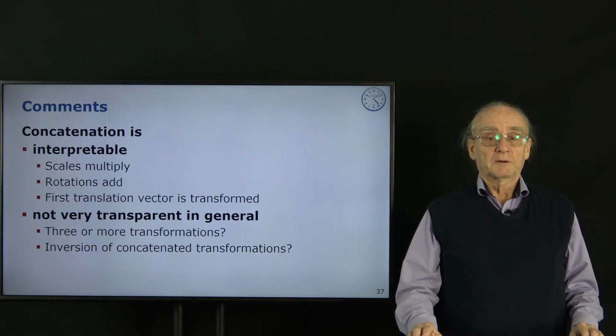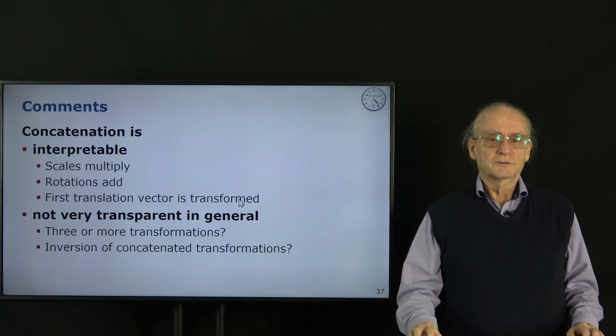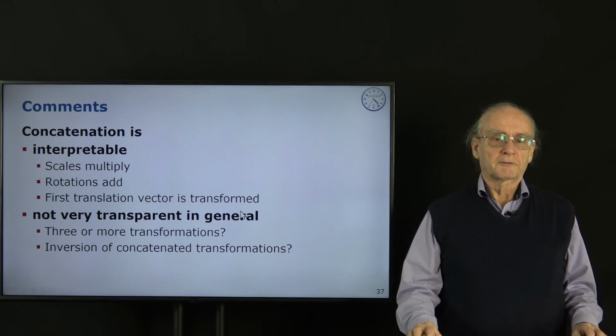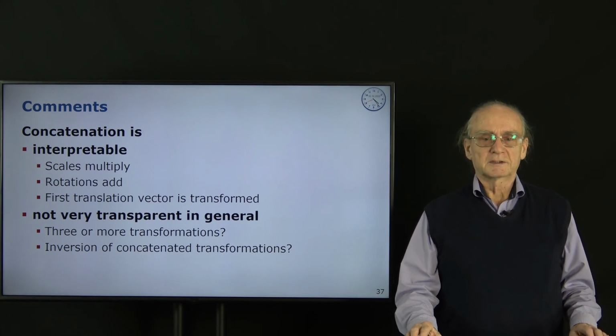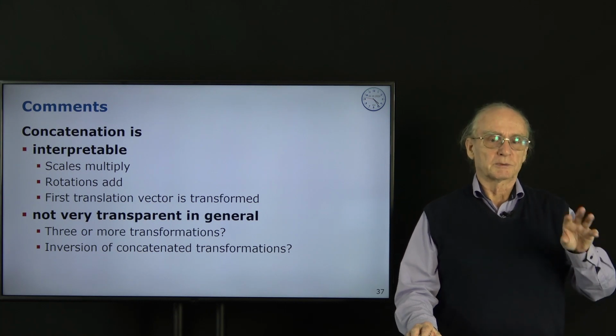So, what have we arrived at? We have seen that if we use homogeneous coordinates, they are interpretable. The scales multiply, the rotations add, the first translation vector is transformed. That means we get a translation vector which is also transformed by the second translation and rotation. And this is not very transparent in general. What happens if we have 3 or more transformations? What happens if you want to have the inverse of this transformation? This is really awkward. That's the reason why we should not go into the details of the algebra within these